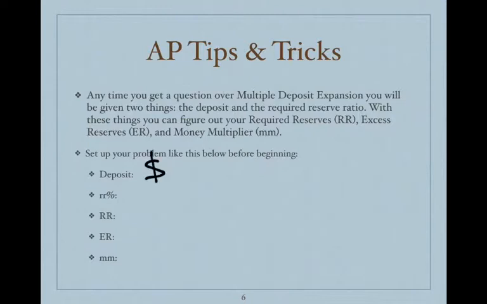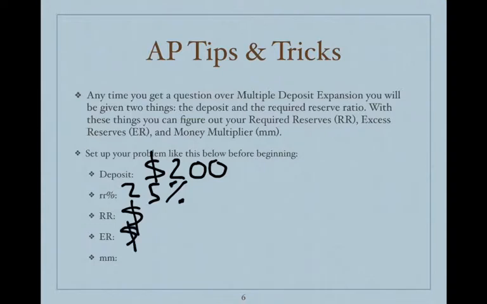$200. All right. So you can do this on your paper if you want to. Let's say we have a deposit for $200, and at $200, let's say that banks are required to keep 25%. All right, they have to keep 25% of every deposit put in. All right, so at 25%, we want to figure out how much would they then be required to keep. So we want to figure out what are the actual required reserves, what are the excess reserves, and also what